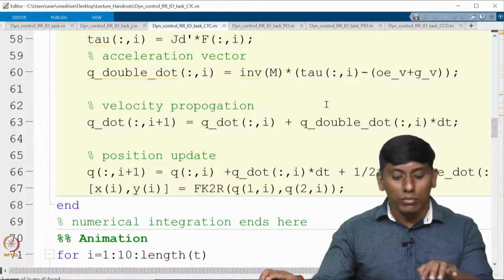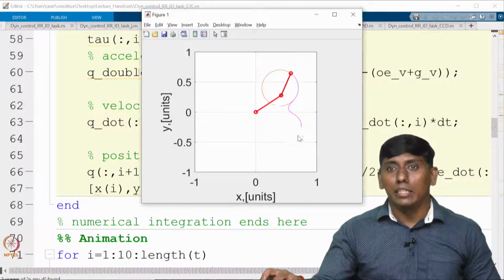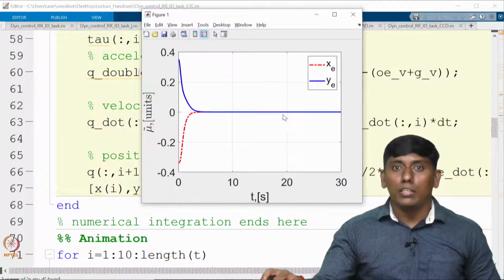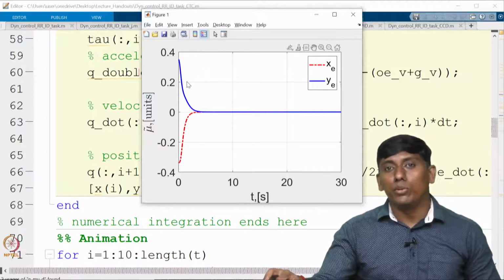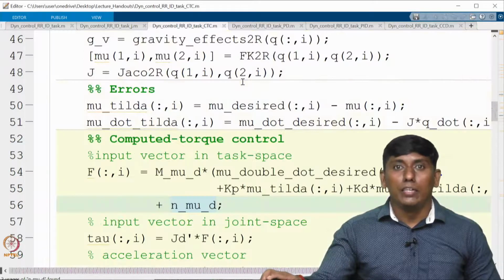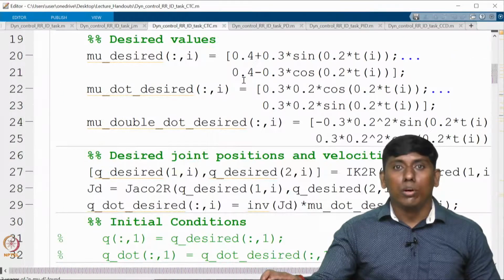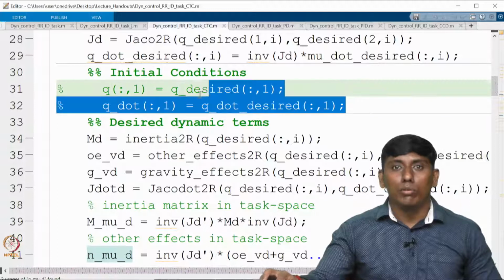Now we can see how this is beneficial. You can see it is starting from a different initial condition and it is following the desired path. If you look at the error, it has converged to 0. It started with some non-zero initial error, and that has converged. Now if I include this, I am saying that q dot and q at the initial instant are both equal to 0.